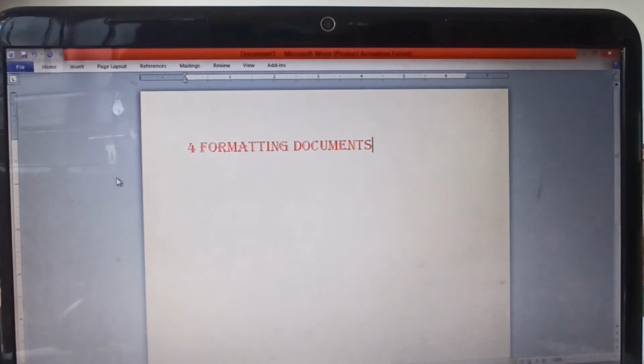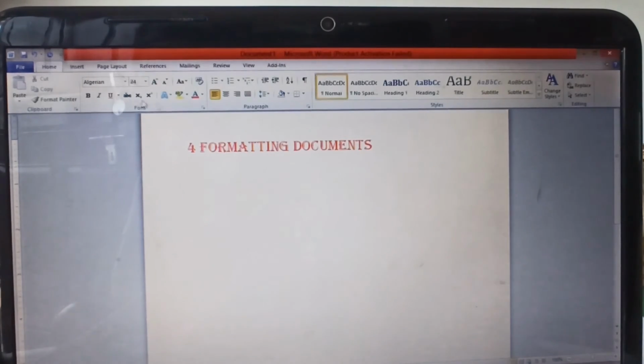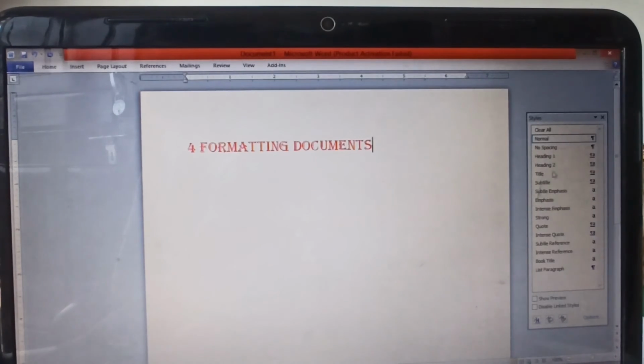Now, do you know what would happen if you click the arrow at the bottom right-hand corner of the font group? A dialog box appears.